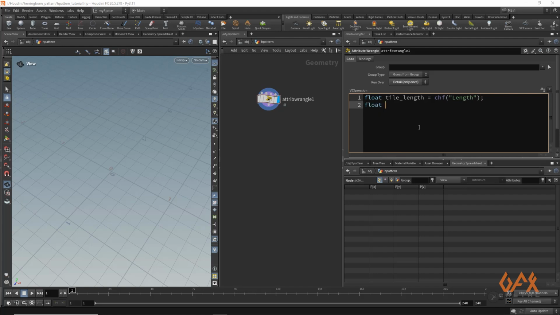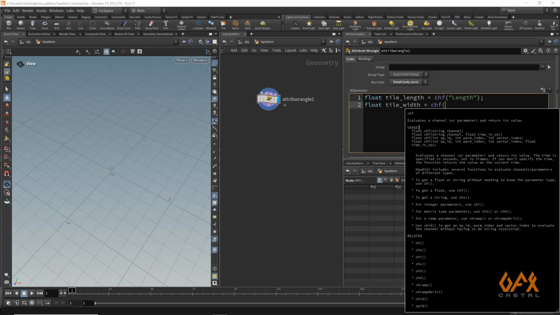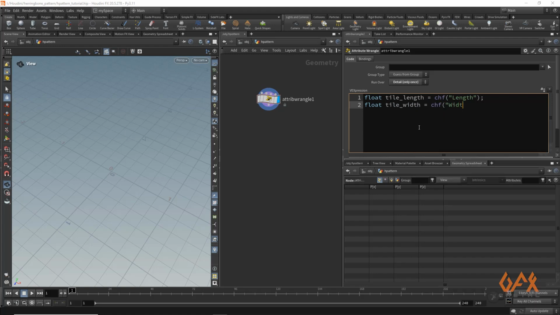Next, we need to define tile width is equal to chf width. Then next, we need to define numbers of column and row. So that should be an integer.